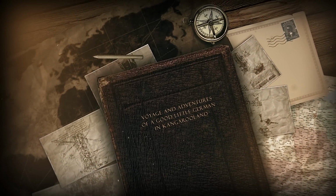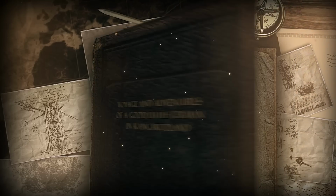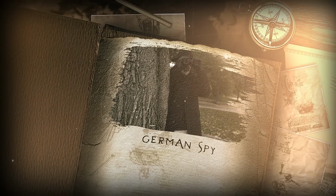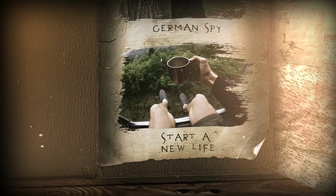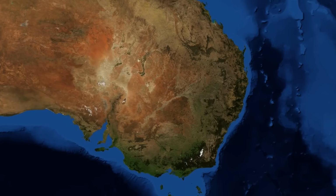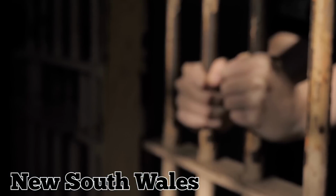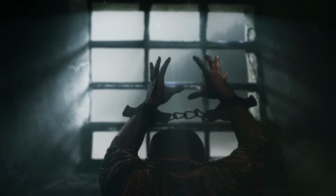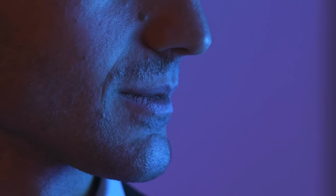Titled Voyage and Adventures of a Good Little German in Kangaroo Land, the graphic novel depicts an autobiographical character who was suspected of being a German spy when he arrived in Australia with plans to start a new life. He was sent to the Holsworthy internment camp in Liverpool, New South Wales, which is where Friedrich was held. The story discusses the struggles faced by detainees who managed to work past language and cultural barriers, but suffered at